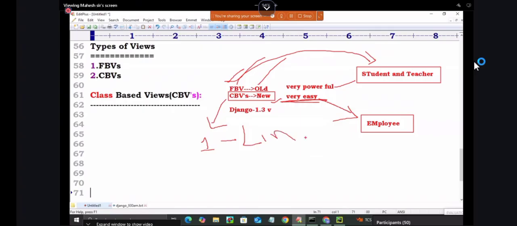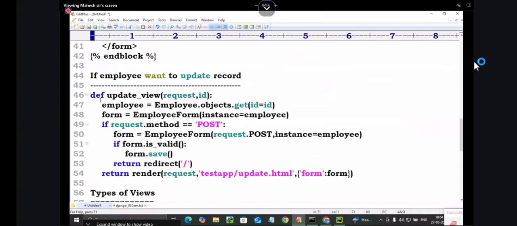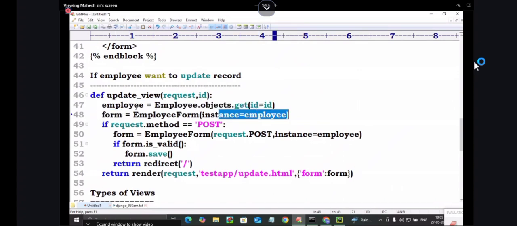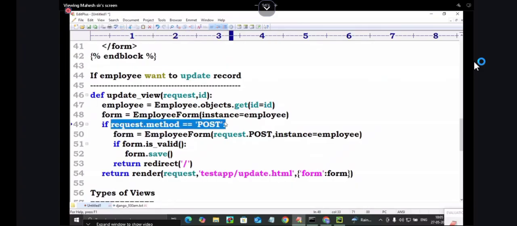But in FBV, we have to write the program. We know the functionality. What is the meaning of this line? I'm getting one employee. What is the meaning of this line? That current employee details, this one. If request.method equals POST, if the request is POST,